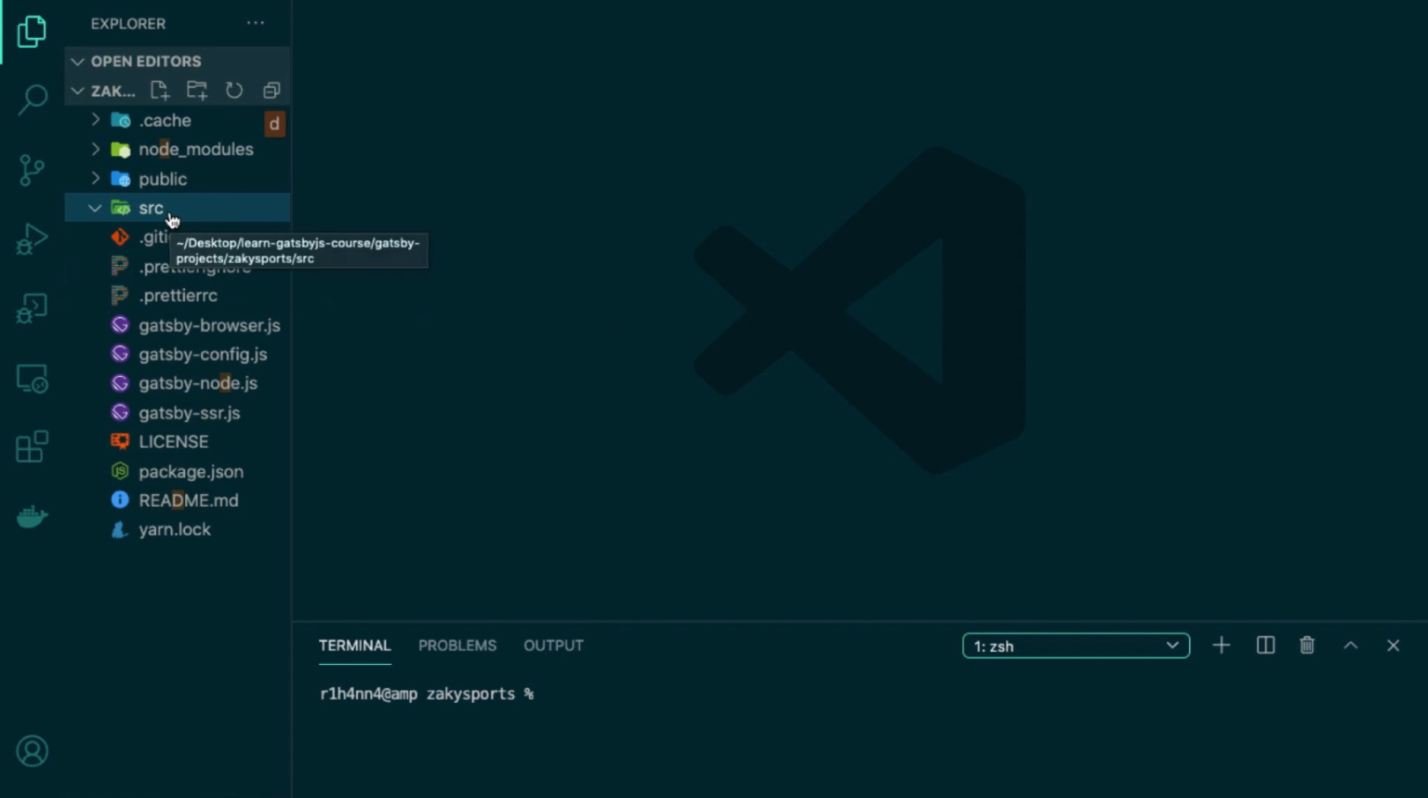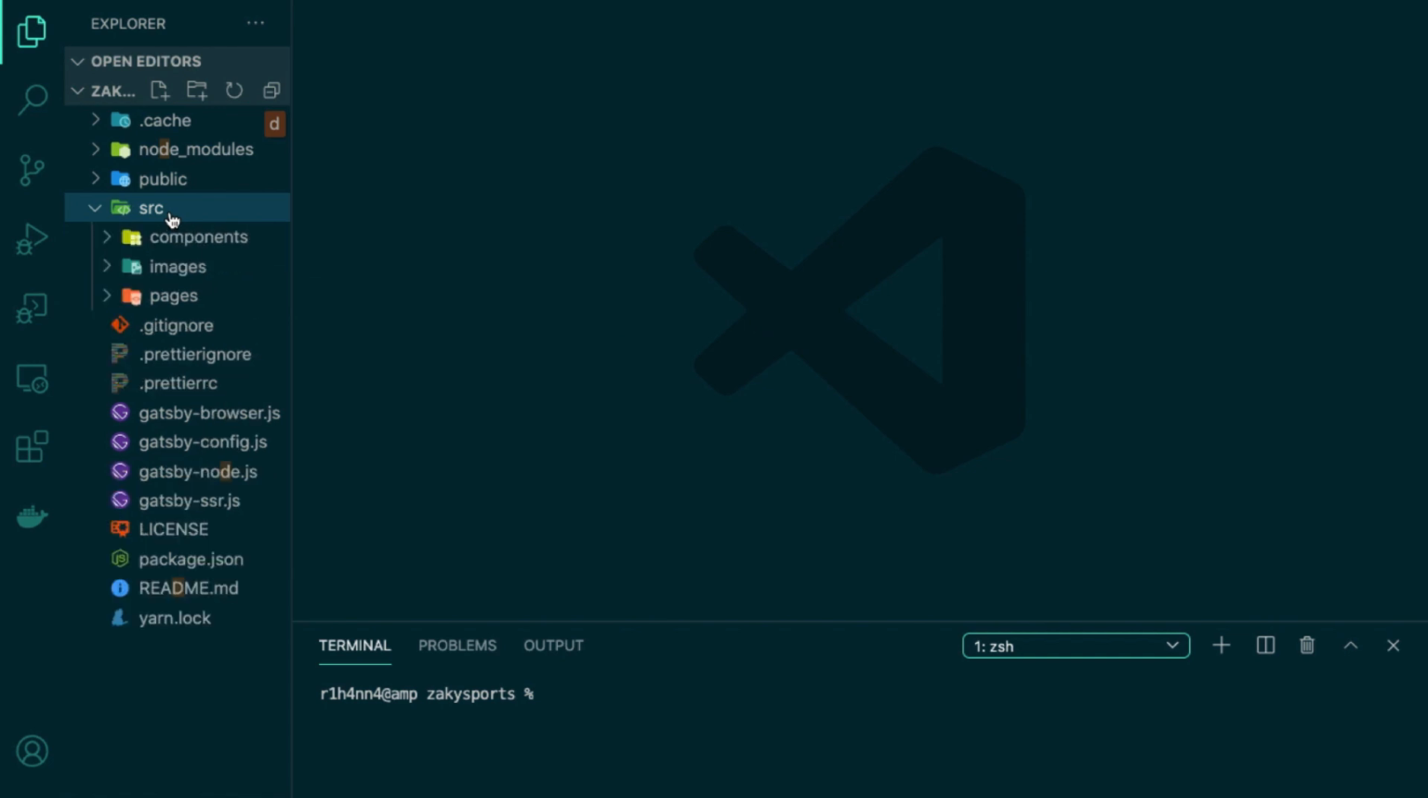So the src folder is probably one of the most important folders in here, and that's what we'll be using most of the time. We are going to spend almost all our development time working in this folder. Okay, so inside the source folder, that's where we're going to create components